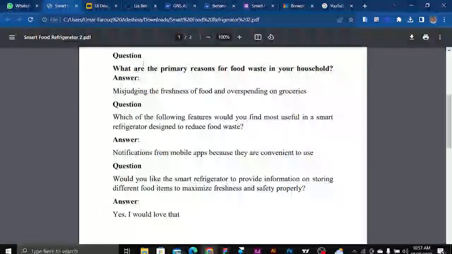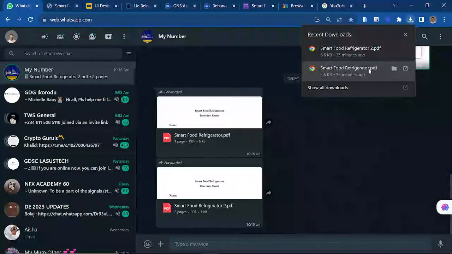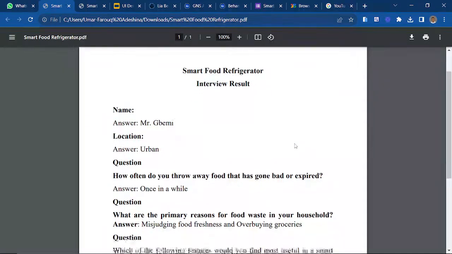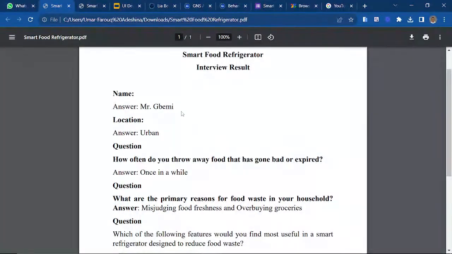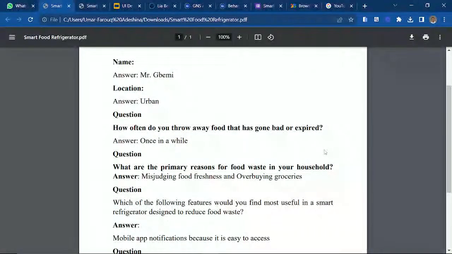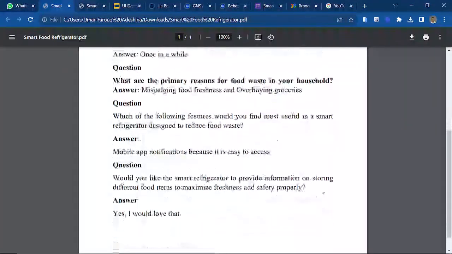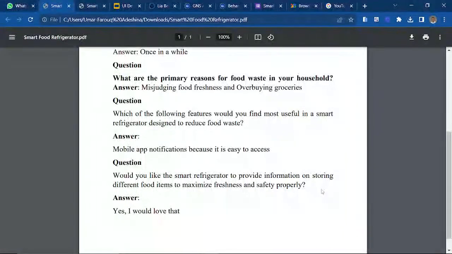Let me see. Okay, this is the other person, Mr. Gbemi, and he also lives in an urban region. He also has issues with misjudging food freshness and overbuying groceries. That's very, very similar.